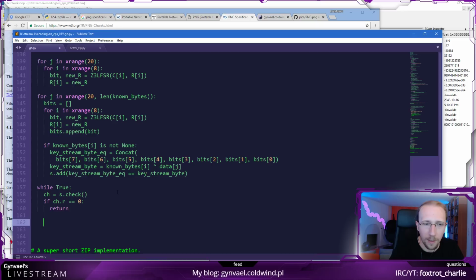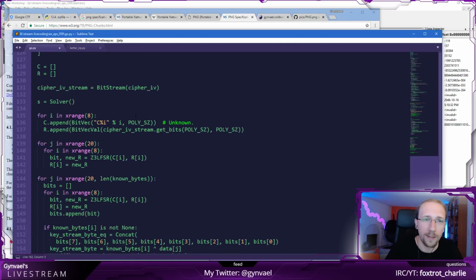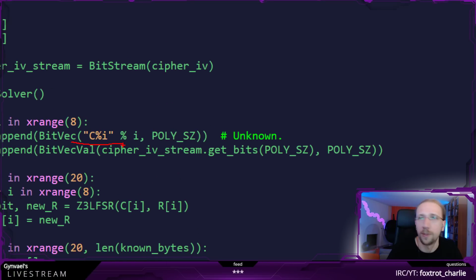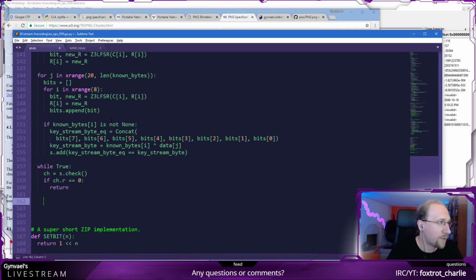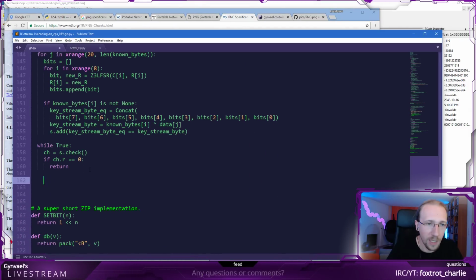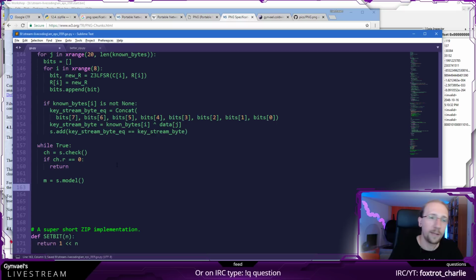Now, if I know it's satisfiable, then I want to know what are the values that are unknown to me, like what is the polynomial that you found that satisfies this output, right? And to do that, we actually need to get the model, and that's what we do using model. And from the model, we can get the values, and that's kind of funny how you do it.